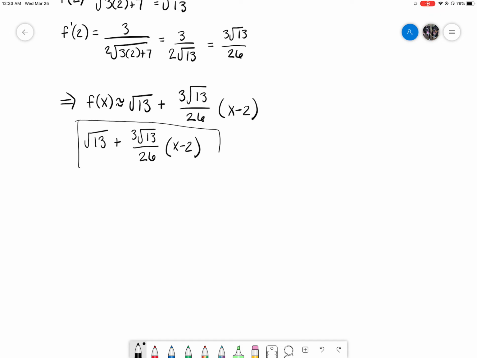Technically, since we're just after the local linearization, we don't need the f of x is approximate to, we can just say the right-hand side of that equation. So that is the end of